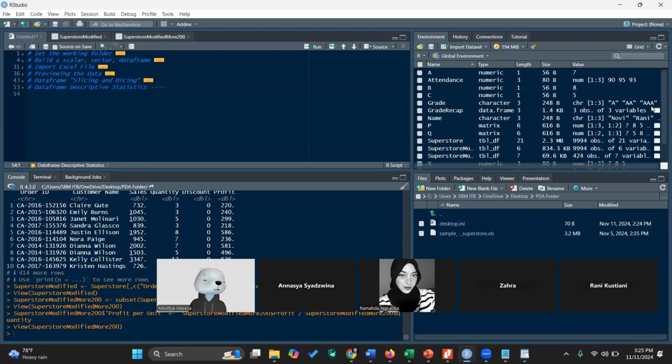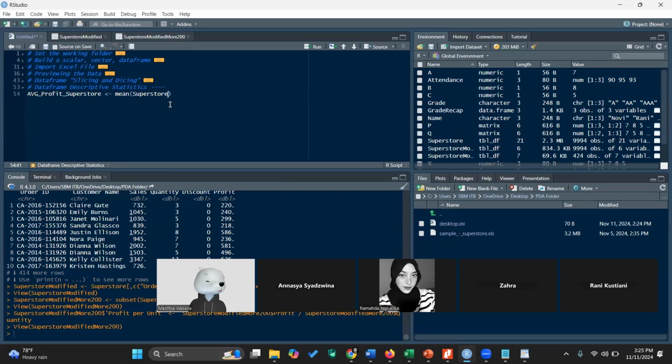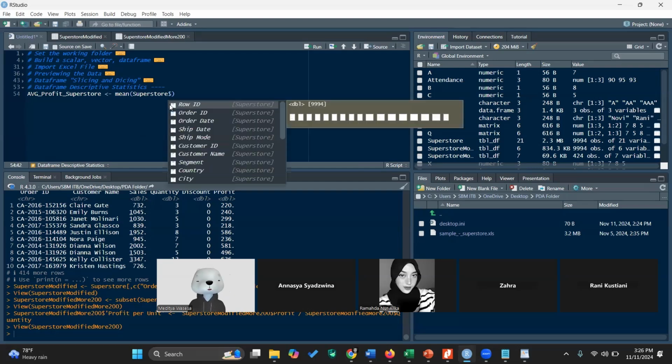So for average, it's very easy. Let's say the average profit of Superstore equals mean, and then you call superstore, dollar, and then profit.